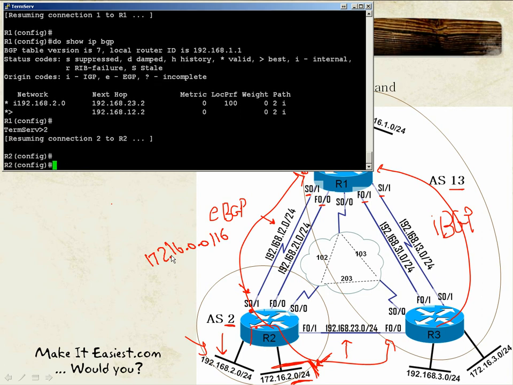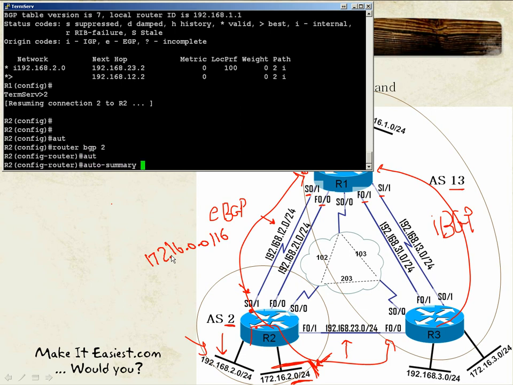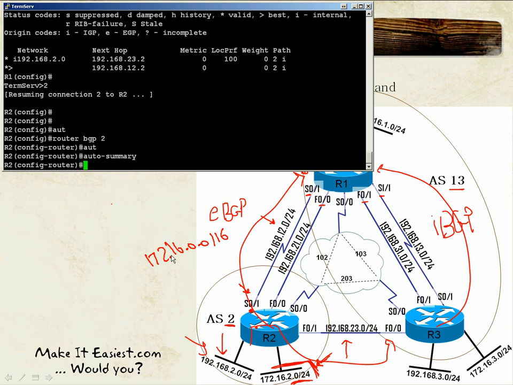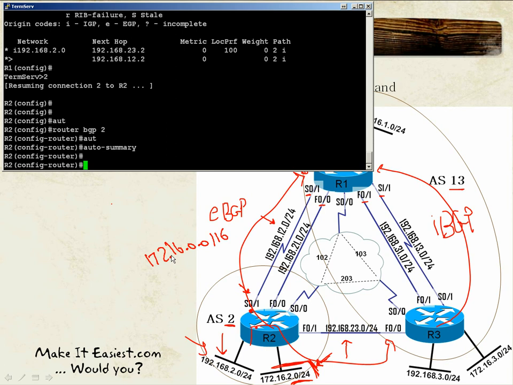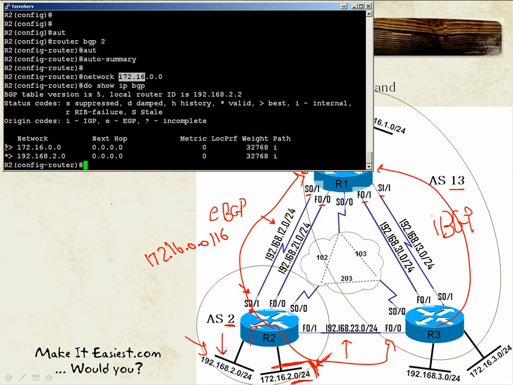So on router 2, to enable auto-summarization, you just use auto-summary at the routing process level or submode. Router BGP 2, then auto-summary, and you hit enter. This way, if you are to use the network 172.16.0.0 command and you just hit enter, router 2, because of the auto-summary effect, will advertise any subnet of the 172.16 network. And to verify this, we're going to use the show IP BGP command, and yes indeed we can see that router